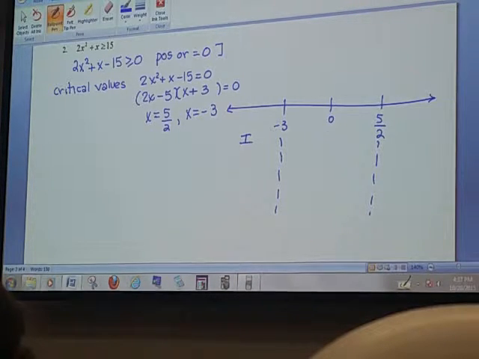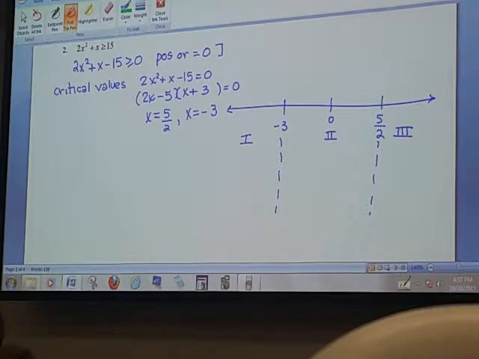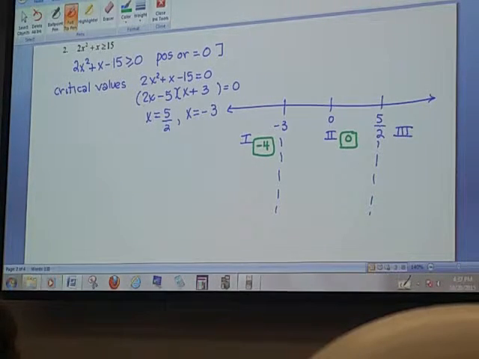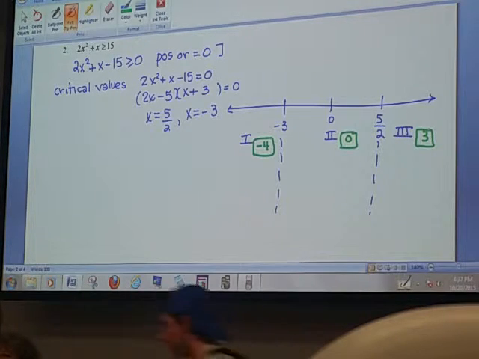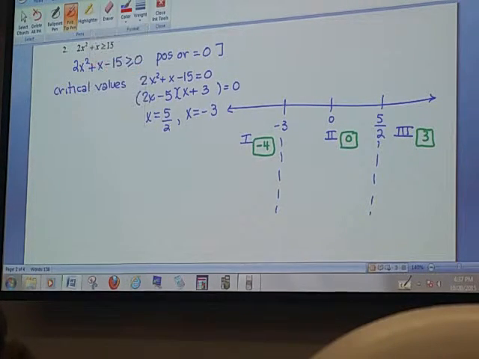So I have 1, 2, 3 readings. So I am going to... 5 halves, so that's 2.5. So here, I'll put in 3. So when I do that, I'm going to have